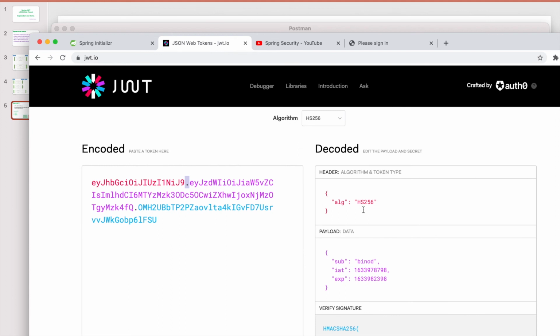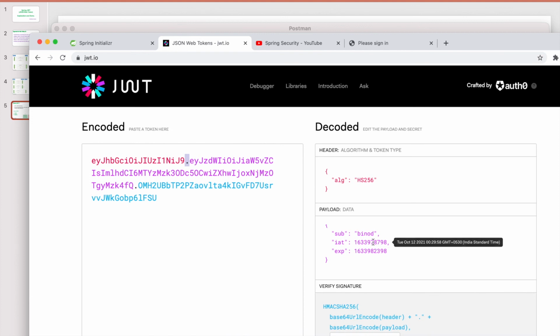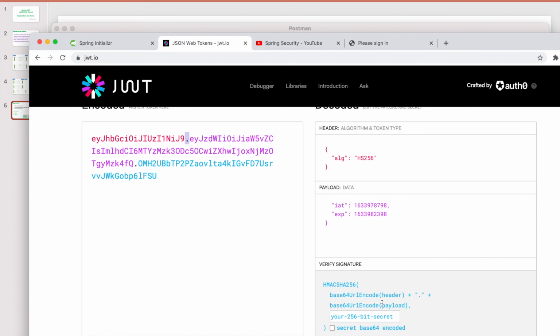One is which algorithm you're using, the second is the payload, which has the username, the expiry date and the creation time. We have given 1 hour, so you can see between issuance and expiration there is a 1 hour gap. And this is the digital signature of the token.